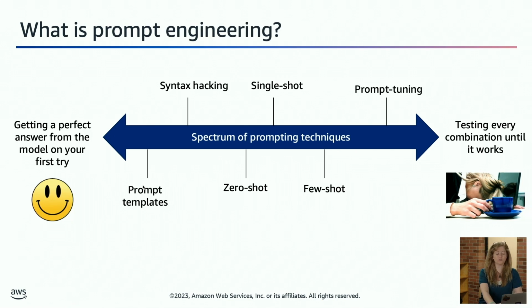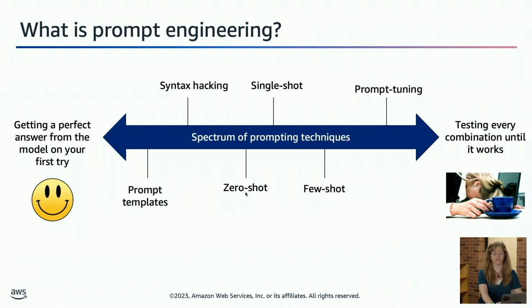While you're building your way up to getting that prompt template, you might just do a lot of syntax hacking. Like you'll just figure out what this model is, what syntax it's preferring. Does it like the word agent? Does it like the word human? Does it like TLDR? What sort of syntax is it preferring?